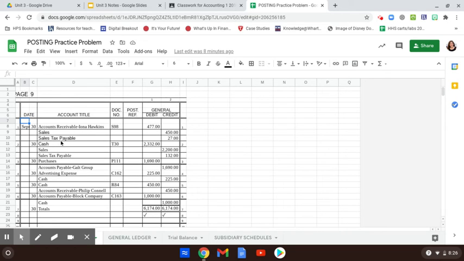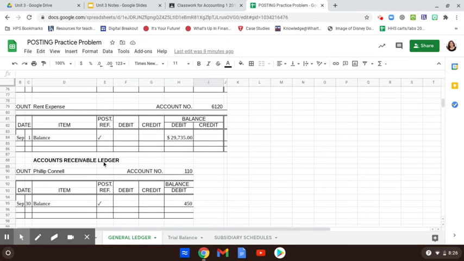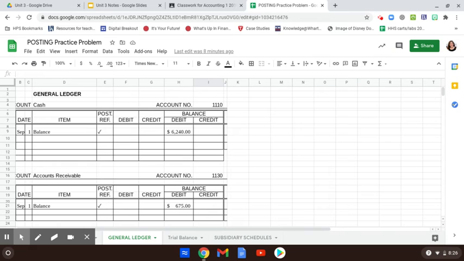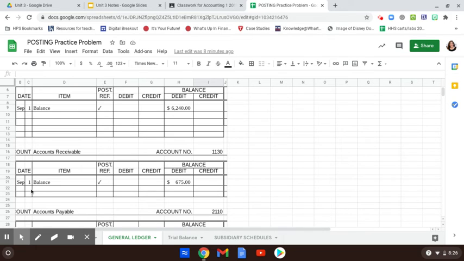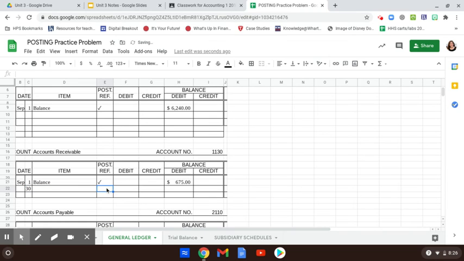So I'm going to come over here and show you how to post. I need to move each of these amounts to the relevant account in the general ledger. So the first account on September 30th, this is all coming from journal page 9. I am going to post accounts receivable, a debit to 477. So I'm going to come over here. I'm going to find my accounts receivable account, and we remember the assets are first. And on September 30th, this came from journal page 9. I had a debit of